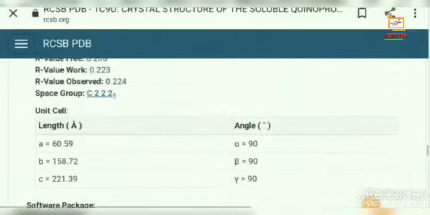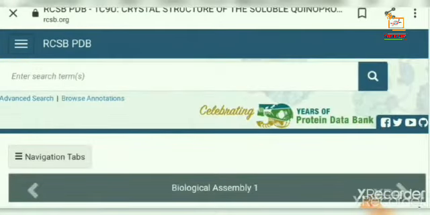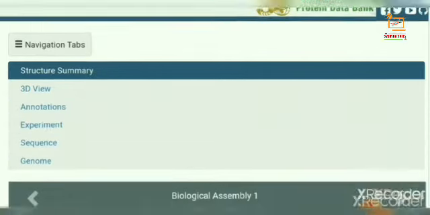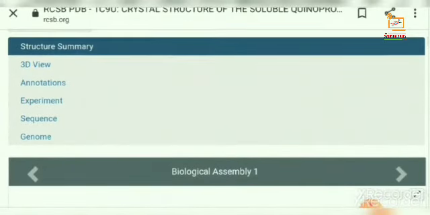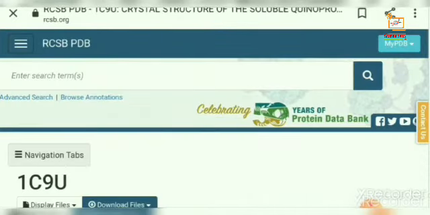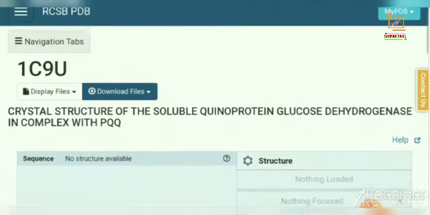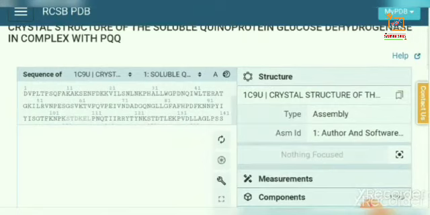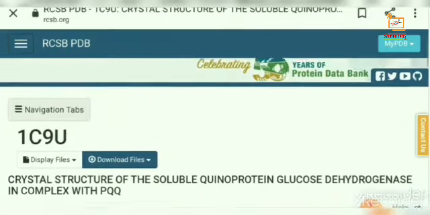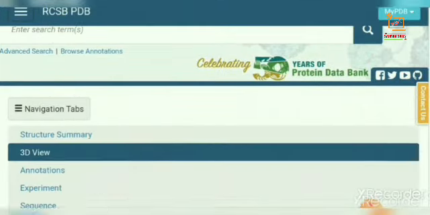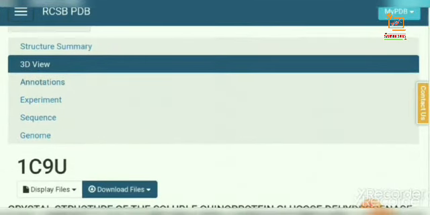I go to the navigation tab and click on 3D view. 3D view is a tool of the PDB database. This tool is used for visualization of any macromolecular structure. Okay, I again go to the navigation tab and click on annotation.